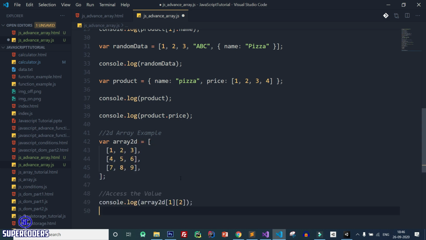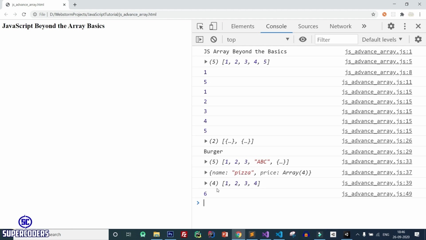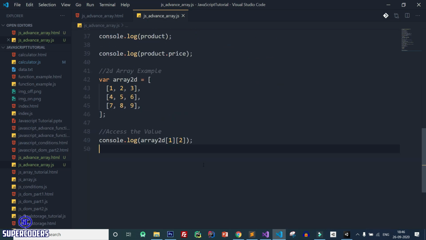So simply save it and back to Chrome, refresh the page, and here you can see you can access the value of 6. Also you can update the value of the array. So array 2D 0 2 means I am updating this 3 to 30.